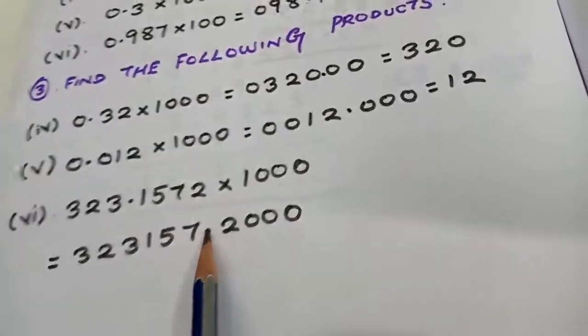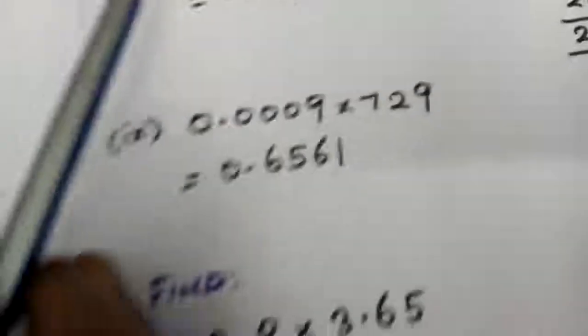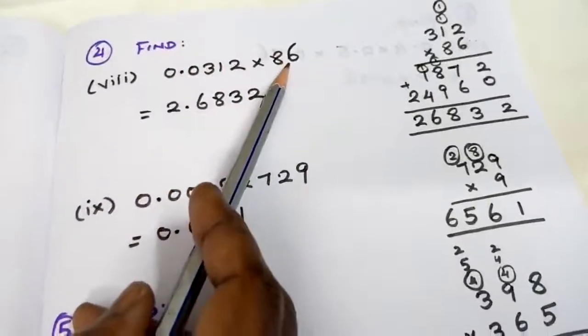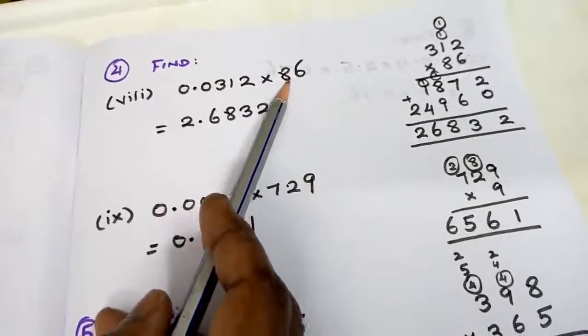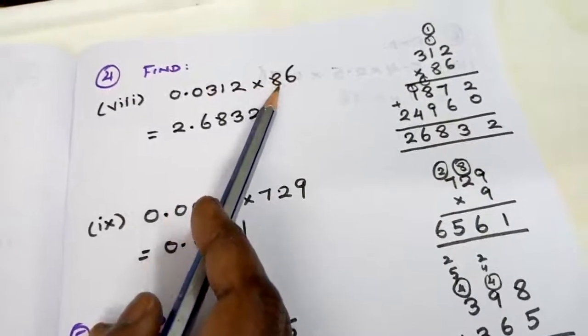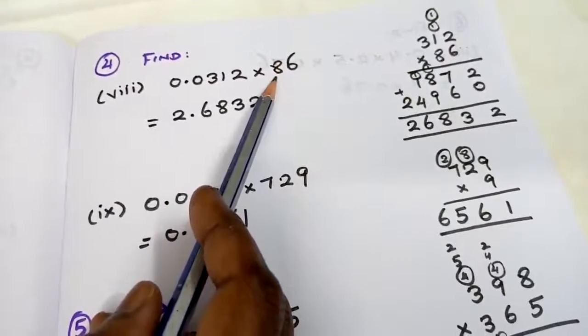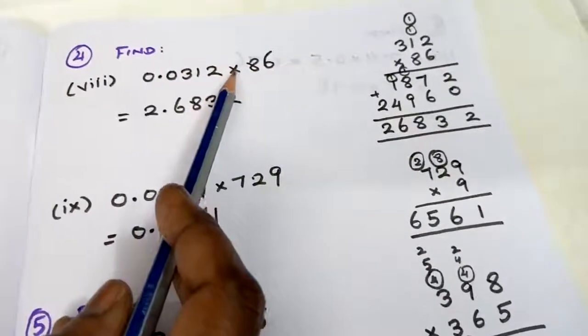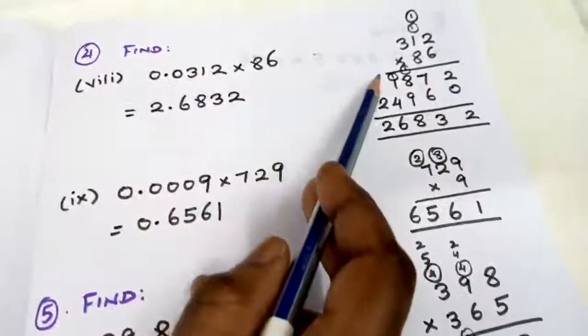Coming to the fourth question, now you are going to have it in the form of numbers. What I am going to do is, you are going to go to your rough work. If it is going to be 10, 100, 1000, it will be easy for you to multiply directly. But if you are going to have both the values as numbers, you are going to go to your rough work.